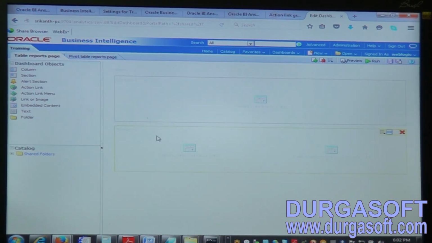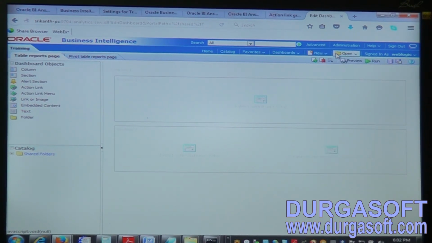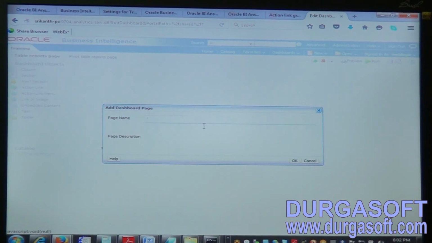We'll add one more page. There we can see a plus symbol in green, where we will add a new page. We'll give it the name graph reports page.